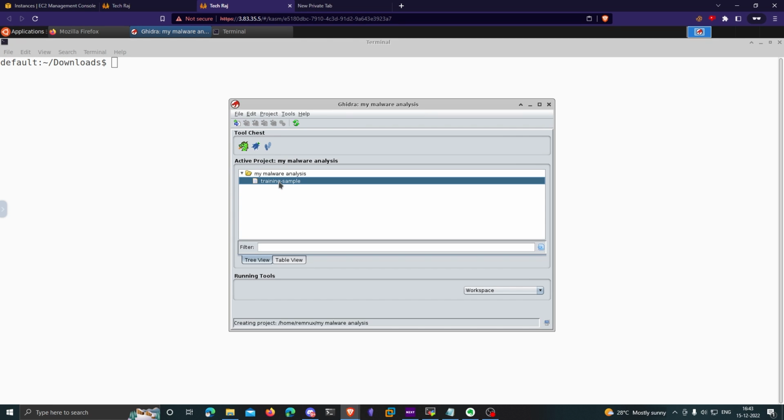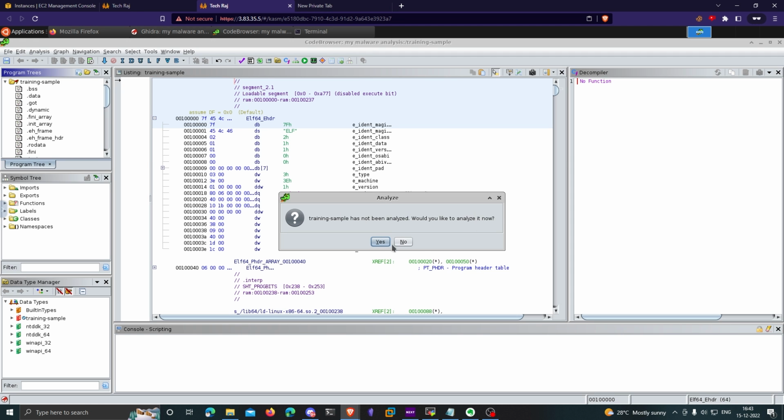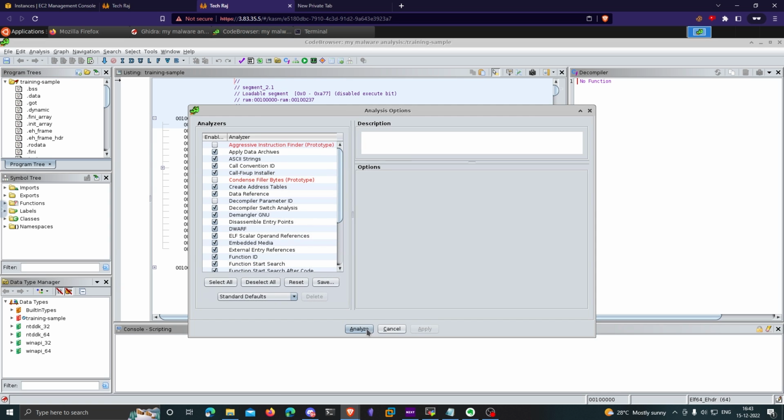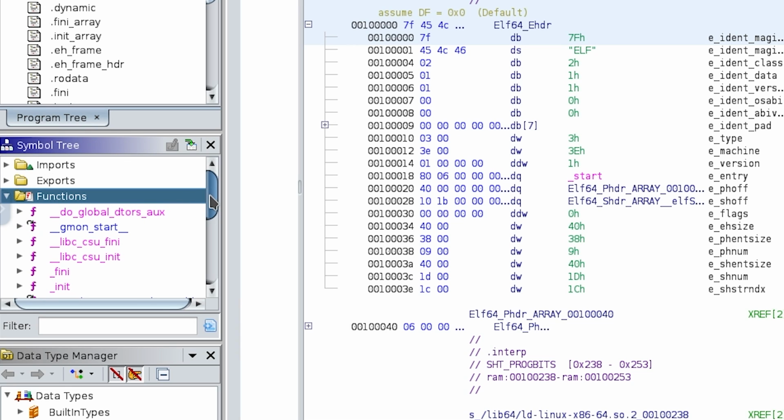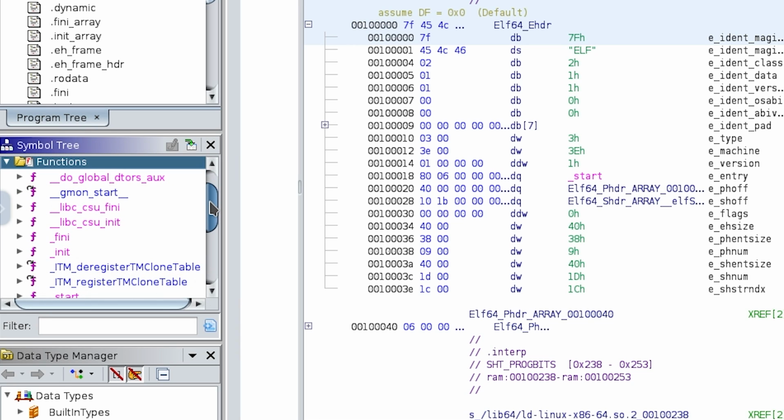And now you can just go ahead and double click on the imported file, and this is going to decompile the file and open up a code browser that looks like this. So you can go ahead and click on yes to analyze the file. Click on analyze again. So on the left side, you can see an entry that says function. So you can just double click on it, and you will find all the different functions that exist in this